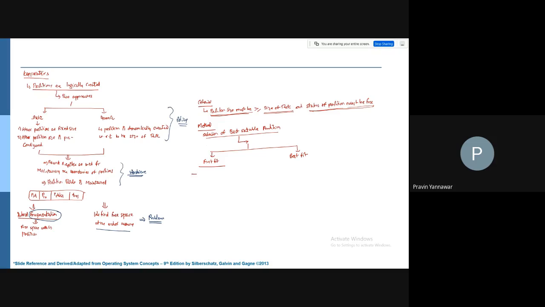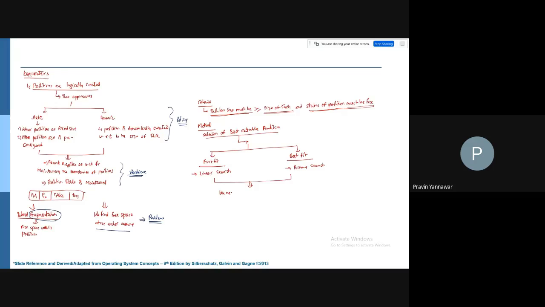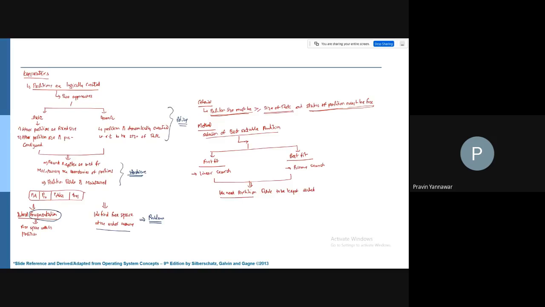First fit is linear search, and best fit adapts binary search. In both methods, the partition table needs to be kept sorted. Okay, so this is an important point.